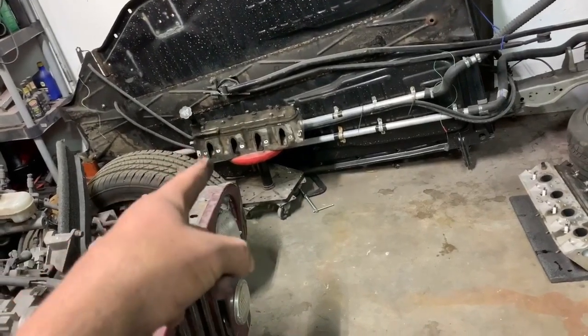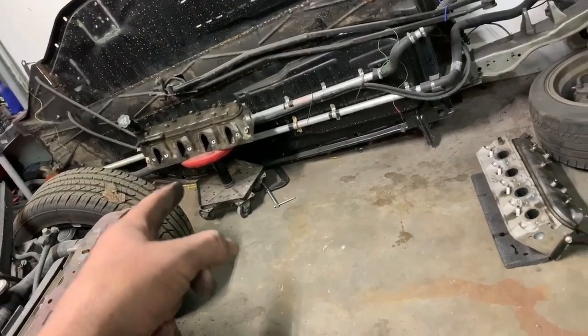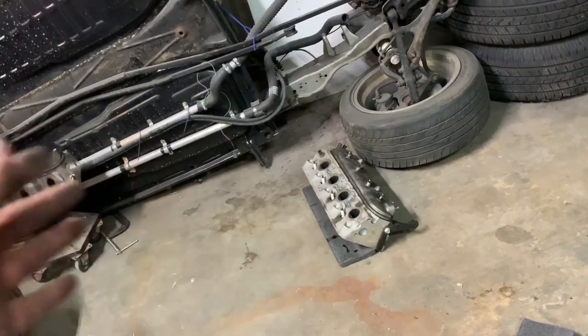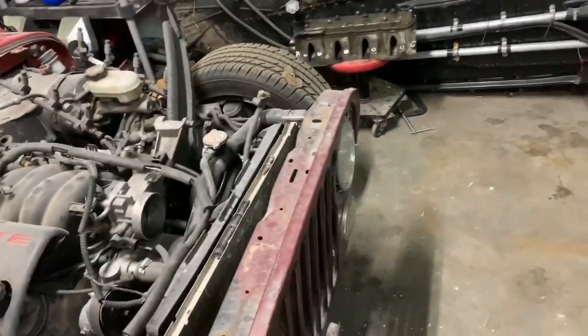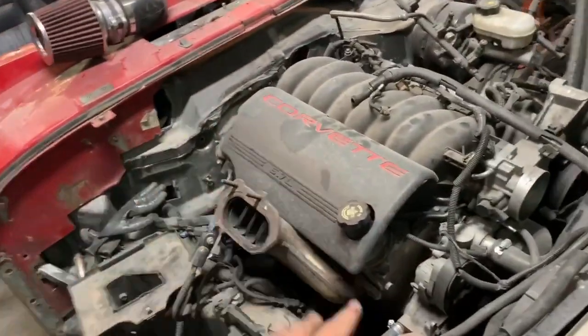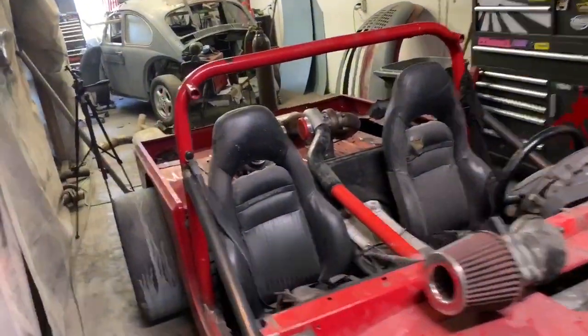Last time I saw those on Craigslist, they were $450 to $600 depending on the mileage. I have no idea what the mileage is on this Trailblazer, but it was rear-ended, and so obviously it ran. And like I said, they're super duper clean. I mean, the oil was clean, the motor looked like it was taken care of, so I'm pumped on those. So slap those on, slap the headers on, get the exhaust to go back to the turbo, and then